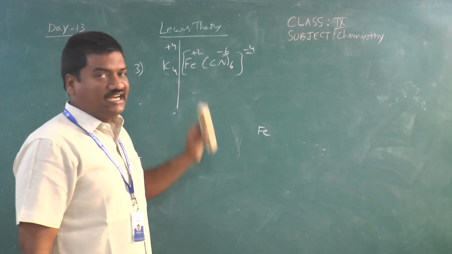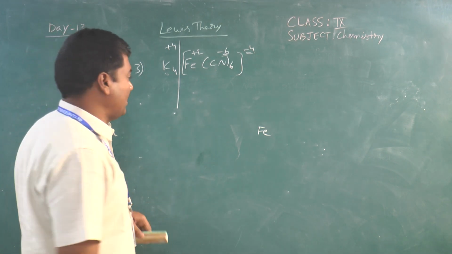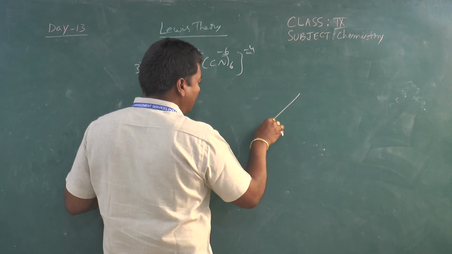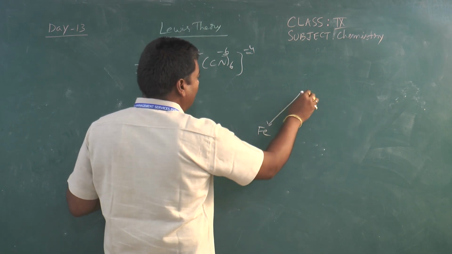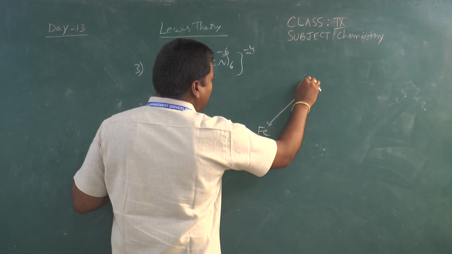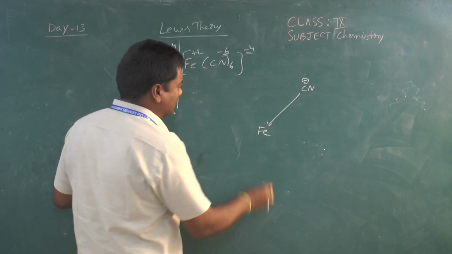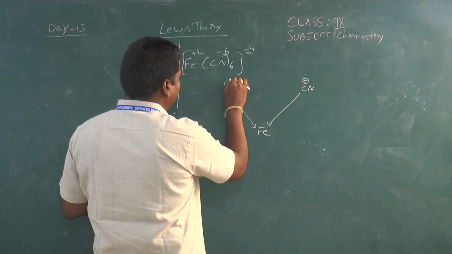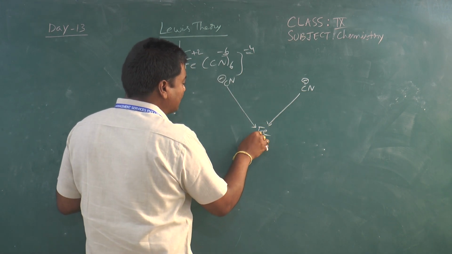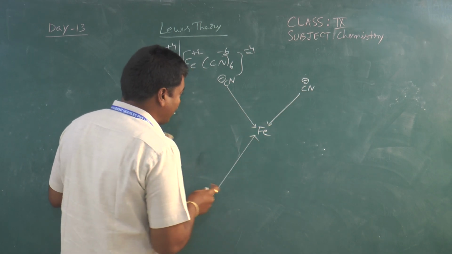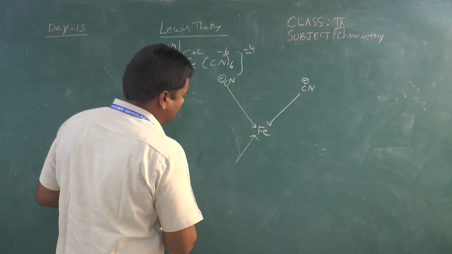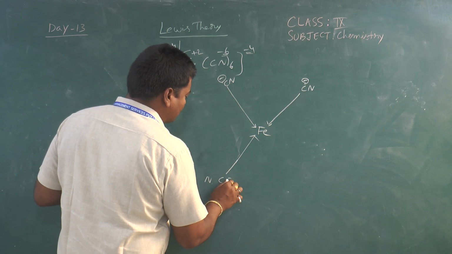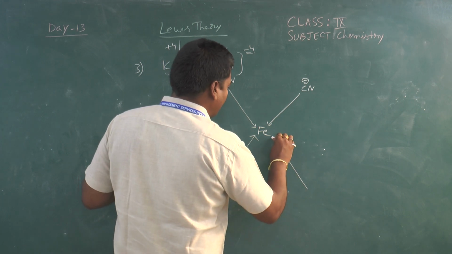Cyanides have a negative charge and they act as Lewis bases here. Then iron, if you take the charge +2, in this molecule or ion, cyanide acts as a Lewis base and iron acts as a Lewis acid. They are accepting the electrons from cyanide. How many cyanides do we have? We have 6 cyanide ions. Each cyanide ion gives one pair of electrons to the bond formation.